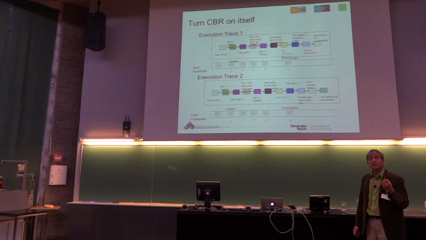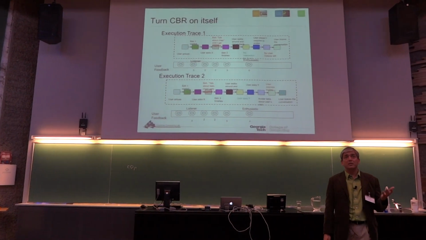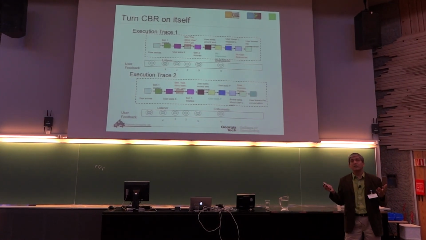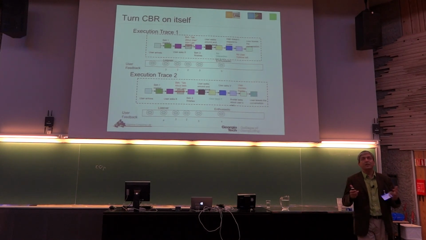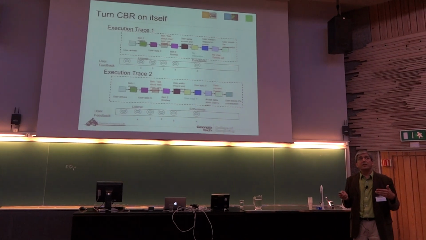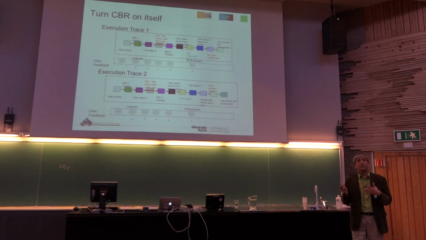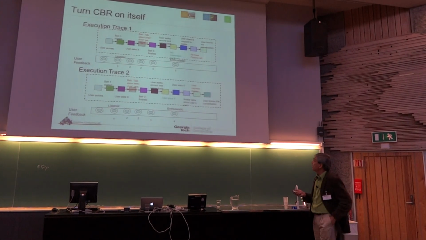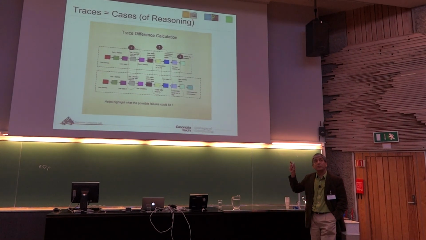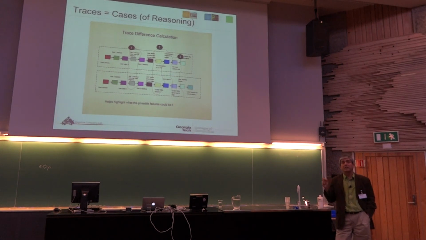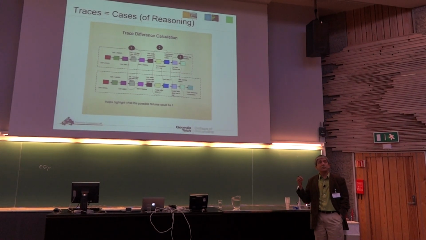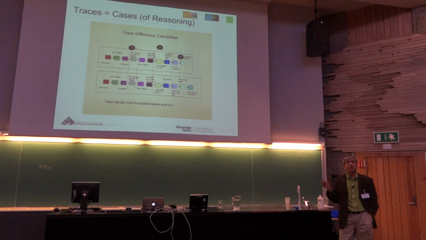We have in the system traces of behaviors. We've got all these avatars. Some are yours, some are other people's. If you're in Second Life, there are lots of shopkeepers and lots of other kinds of standard avatars, and they're greeting their customers and selling and buying or whatever you do in Second Life. Maybe we can look at their traces as cases of what works and what doesn't work. And so here we have 2 execution traces, and what we're going to do is calculate differences and similarities between these traces to identify where things might be wrong. So you might have another failed trace where that behavior didn't trigger, and notice that that's what happened to you. Or you may have a successful trace where the shopkeeper